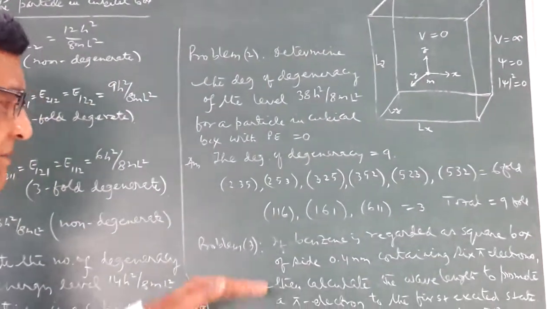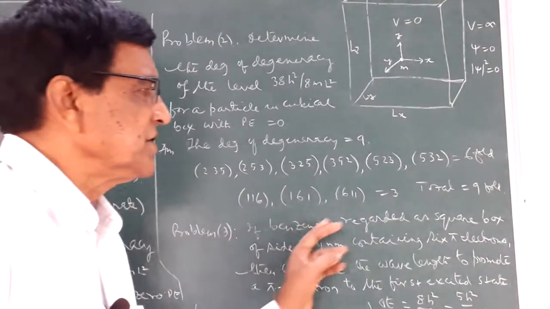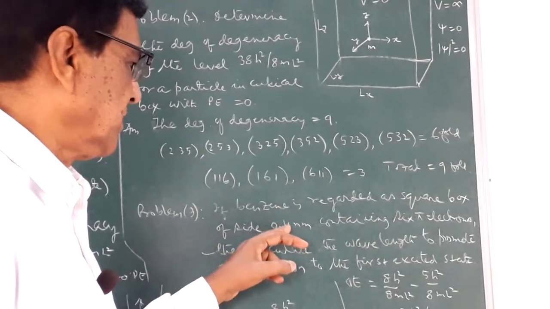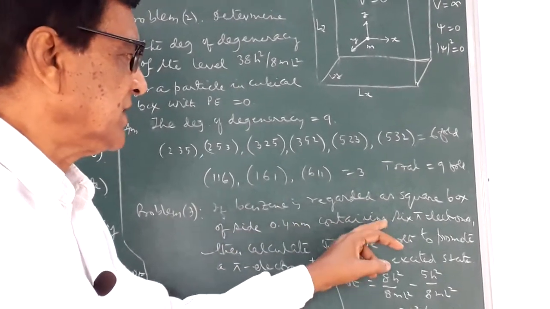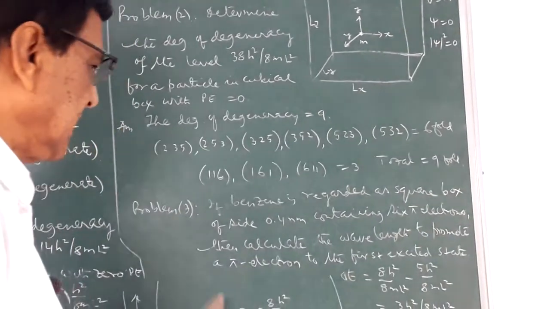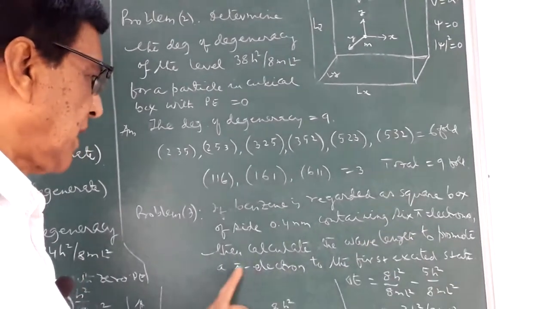So by this simple model, if benzene is regarded as a square box of side 0.4 nm containing 6 pi electrons, in benzene there are 6 pi electrons, then calculate the wavelength to promote the pi electron to